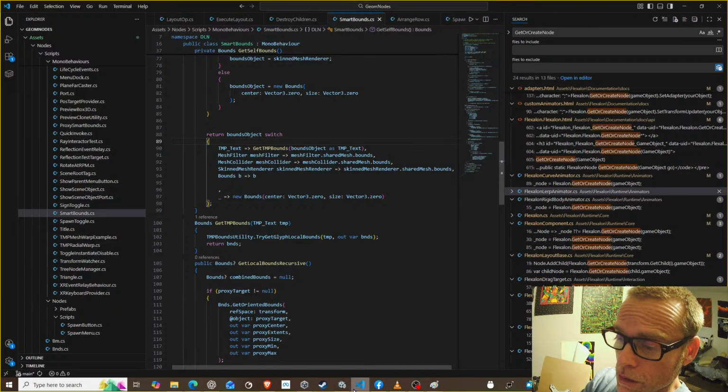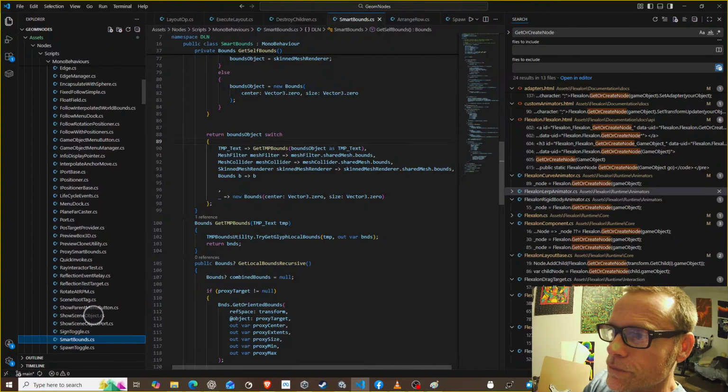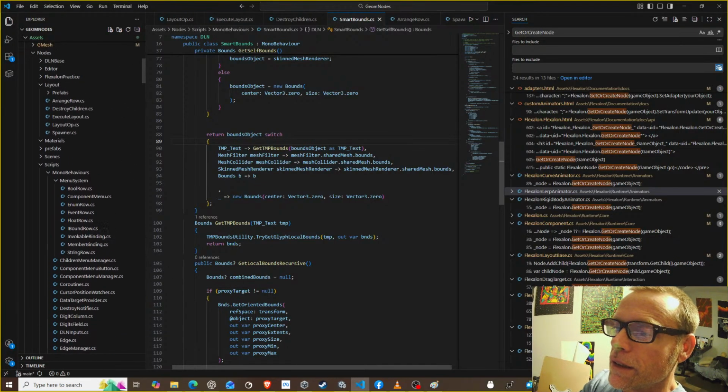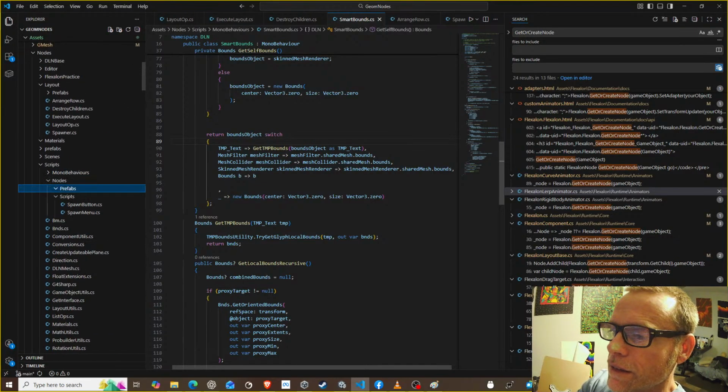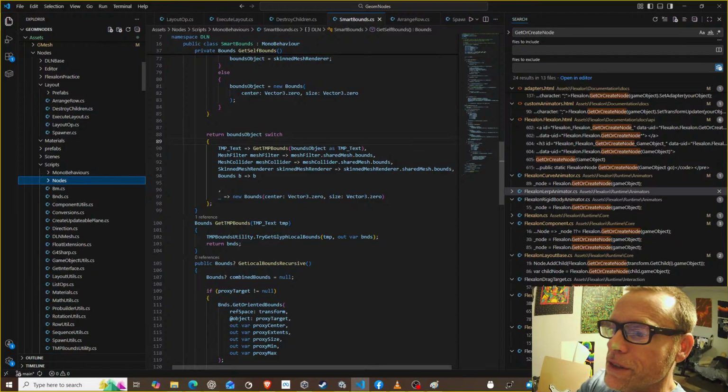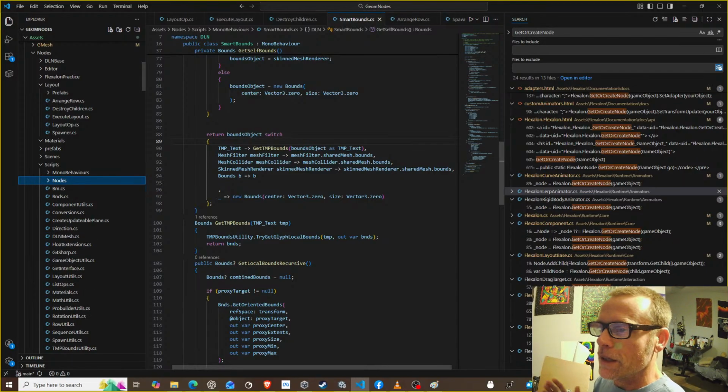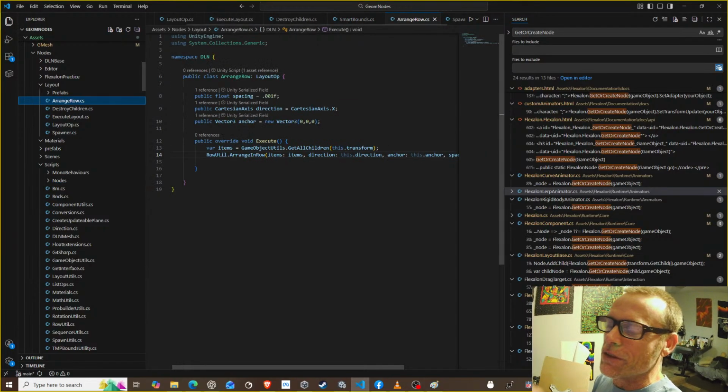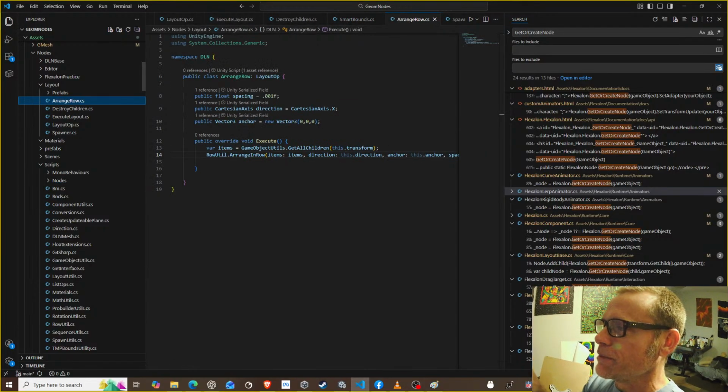So where are those scripts at? I prepare all this stuff in advance, but this is just for my practice, and it keeps me moving really fast when I'm figuring this stuff out. Okay, so arrange row, and then we're going to specify a